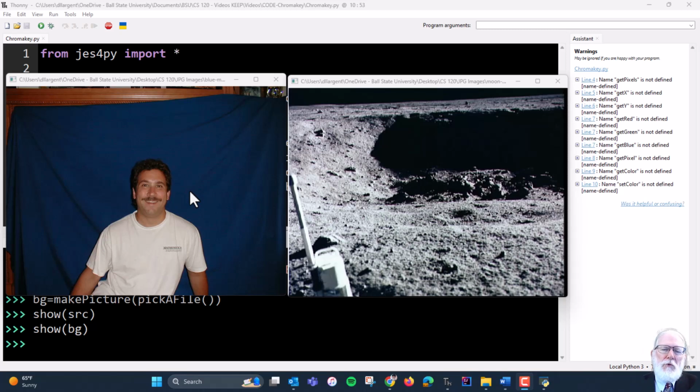So you'll notice I have two pictures up on the screen at this point. I have a picture of a man sitting in front of a blue sheet. This picture is actually named Blue Mark. On the right, we have a picture of the moon. And our objective in this function that we're going to call Chromakey is that we're going to merge these two together such that we have Mark without the blue sheet behind him superimposed on top of the image of the